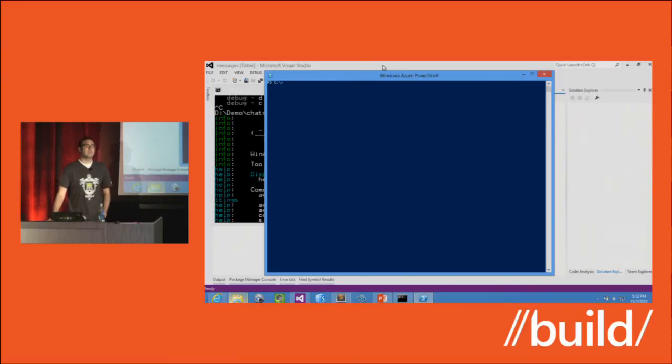Yes? Do you have any statistics or numbers around the difference between long polling manually using .NET versus using something like Node, which is obviously easier? Yep. I guess we should be using the microphone. The question was, do I have any statistics comparing long polling using Node versus something like .NET or Java, correct? I don't have any statistics, as I don't know exactly how many requests you can get per machine. I mean, that varies. The one thing I have seen though